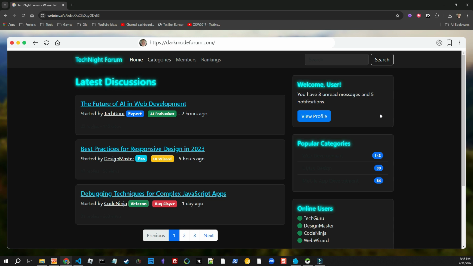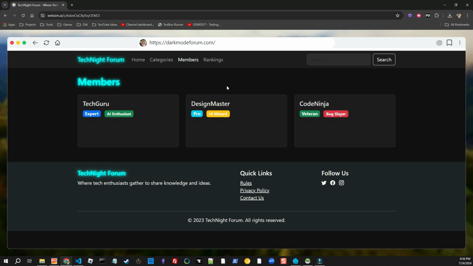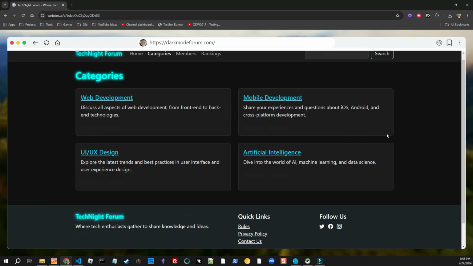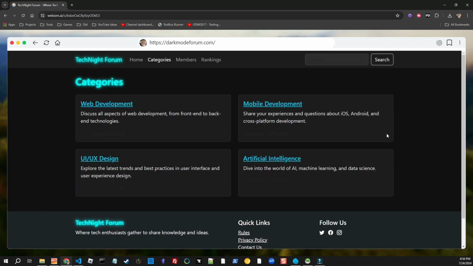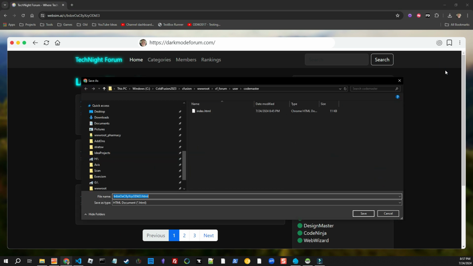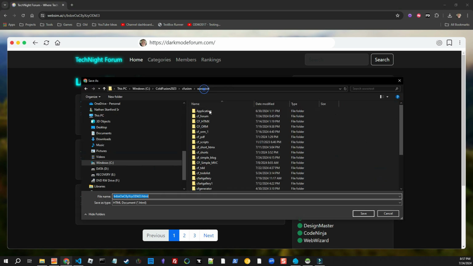Okay. It stopped thinking, so let's try members. Here's members. And then here's rankings. And here's categories. So it was still building them. It just built them behind the scenes, and then we linked to them. So now what you can do is go back to home and say, well, I want to use this for my practice code when I'm going to build a new site. What you can do is go over here, click this, download it,